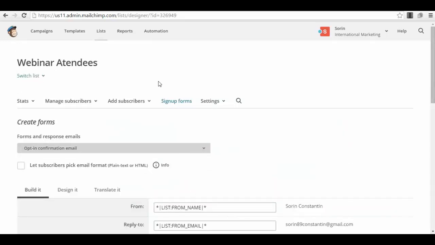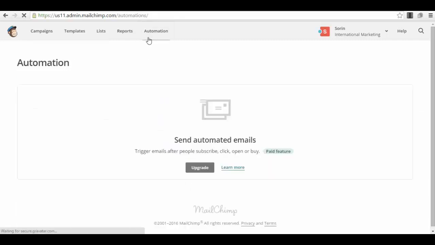Okay, now another cool thing that you can do is you can go to automation. Okay, send automated emails. But unfortunately with MailChimp this is just a paid option. So if you want to do this more seriously, I am suggesting you go for a paid account, either on MailChimp, or there are other services like GetResponse with $15 per month, or other services.